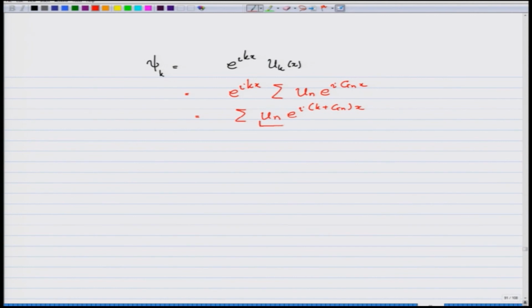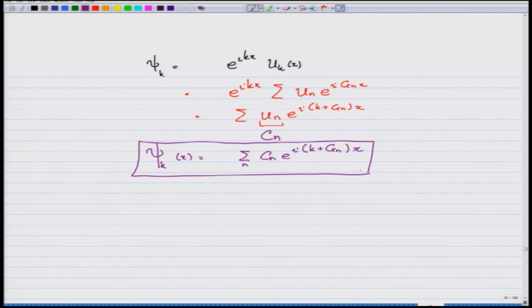Just for the convention's sake, let me write this u_n as c_n, some coefficient c_n. So, I am writing my psi_k(x) equals summation over n of c_n e^(i(k+g_n)x). This is another way I can write the wave function, and you see this wave function carries all momenta k, k plus g1, k plus g2, k plus g3 and so on,